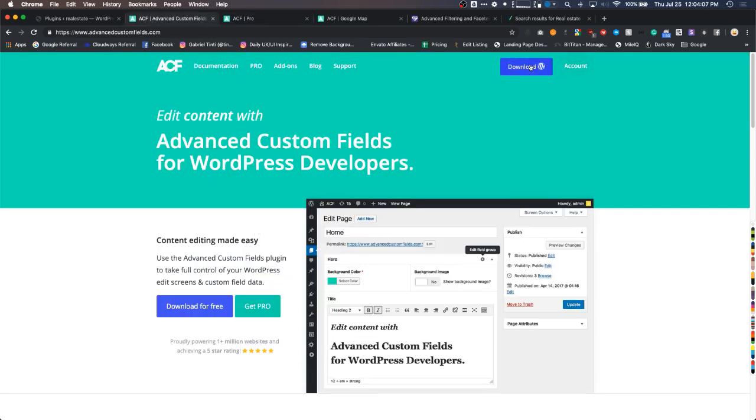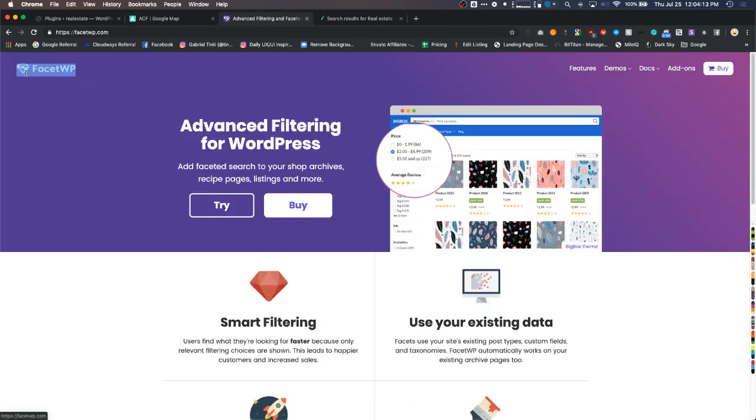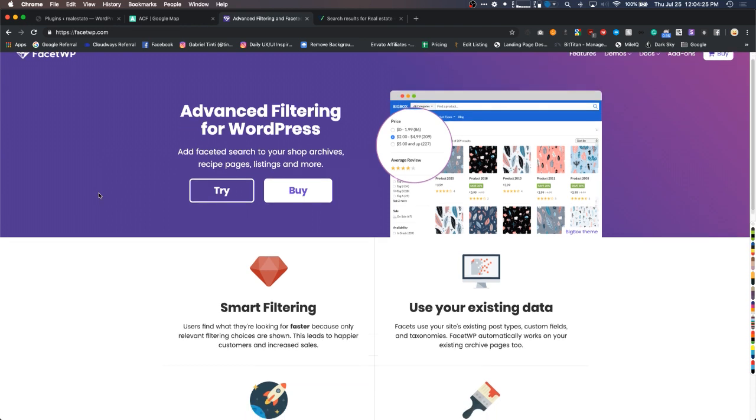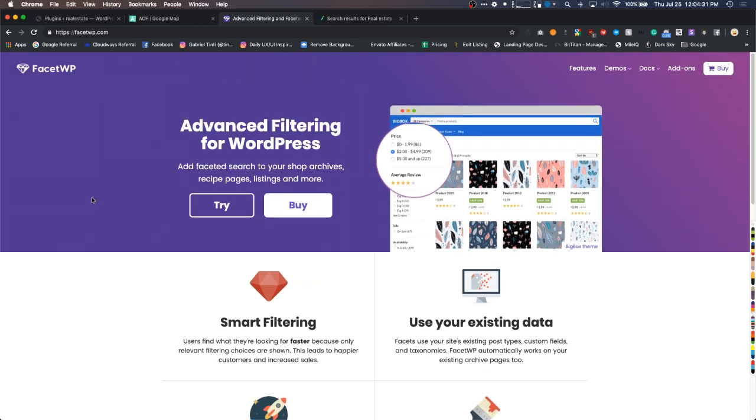You can download that from their website right here, and then we're going to also need FacetWP. Now, the reason I'm going to be using FacetWP is because this is a complete filtering system. It has everything from sliders, checkboxes, select boxes, even a map filter, which is what we're going to need when we're doing a real estate website. And I found that using JetEngine and ACF, there isn't a lot of compatibility. So trying to do filters and things like that, especially with trying to do a map filter, it doesn't really work too well. So that's why we're going to be using ACF